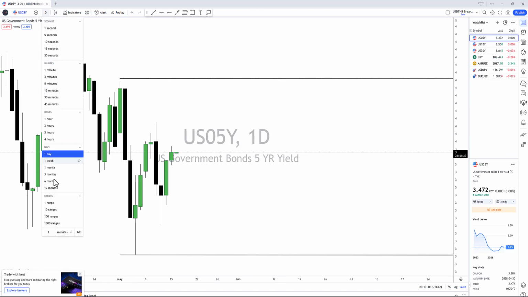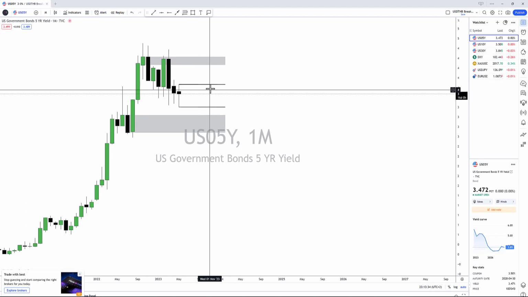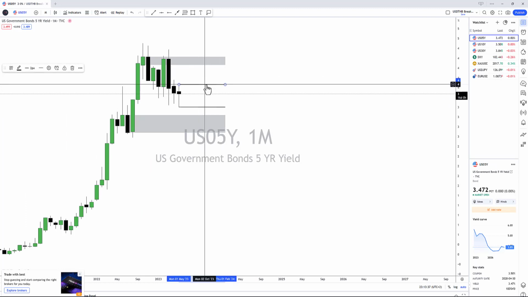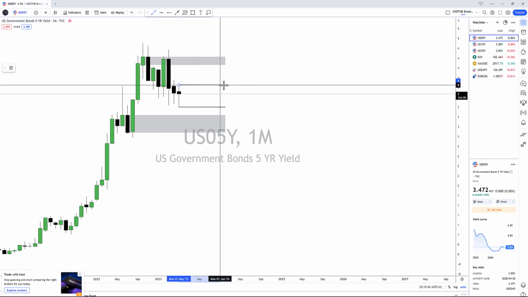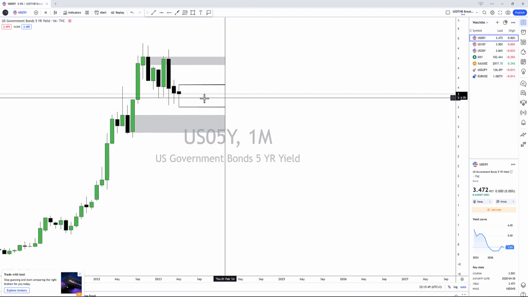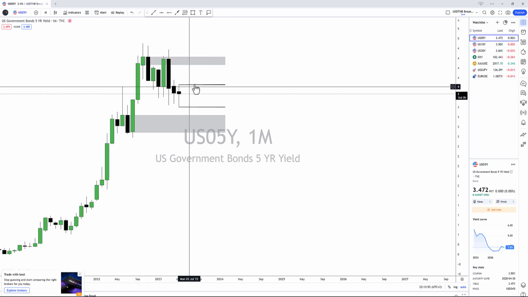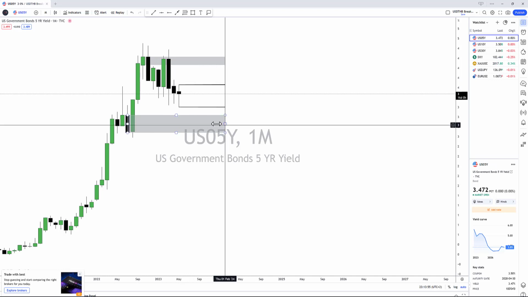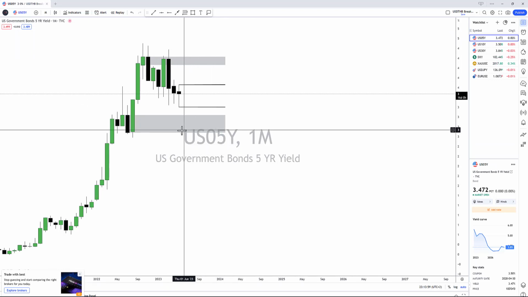Let me just draw it perfectly, because I just copied the line, so it was not exactly to the pip. Right, there we go. So this is our range of opportunities. The further the price is to the upside, you're looking for price to trade into premium for a push to the downside. So that's the monthly chart on the 5-year